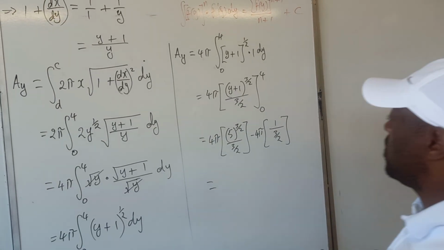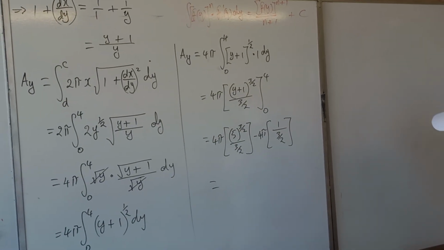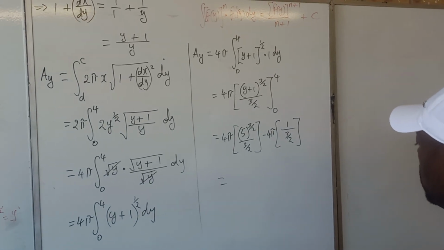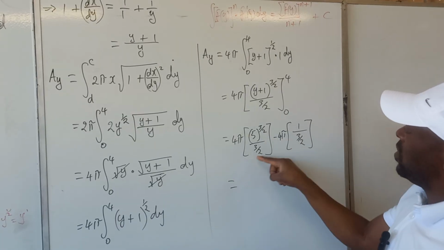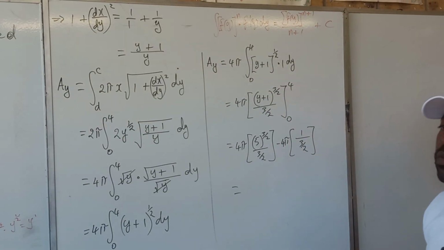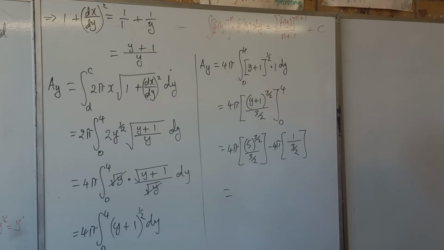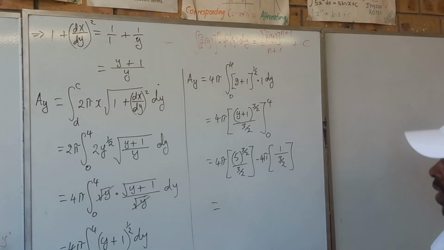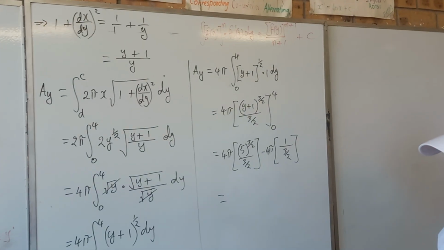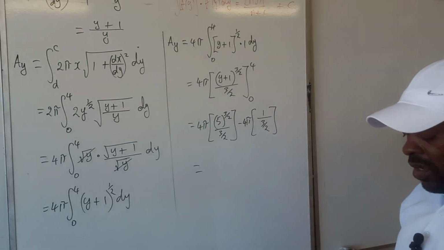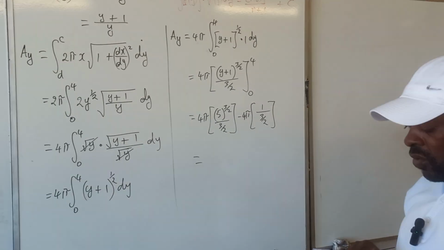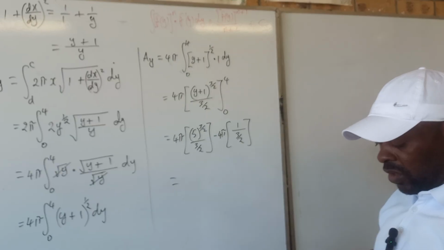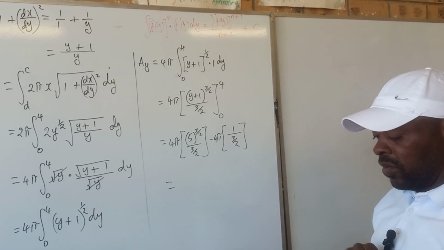So what is left is for us to talk to the calculator to hear what it says about that calculation. Considering the fact that 4 pi is common, I'll just do this calculation minus that one, and I'll multiply my answer by 4 pi. So let's go. I've got 5 to the exponent 3 over 2, which is the same thing as 1.5. Then I divide by 1.5, which is 3 over 2. Then minus 1 on 3 over 2 is the same thing as 2 on 3. So that subtraction gives me